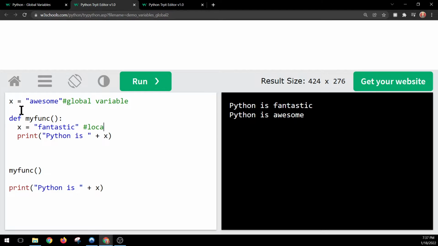It's a local variable, okay? And then they're going to call the myfunc function, okay? And then here they're printing Python is x. Okay, why did they do this? Why are we getting... So here we're getting output Python is fantastic,